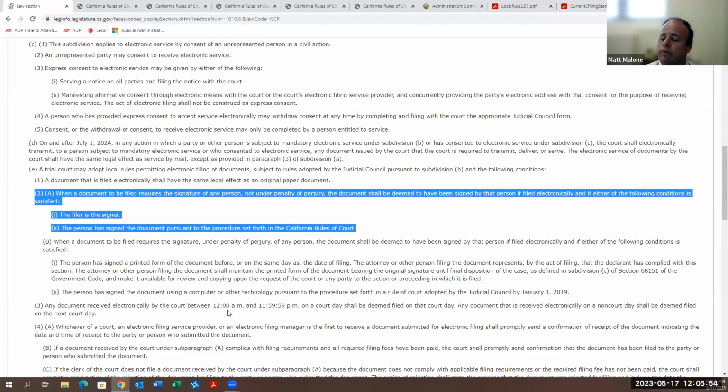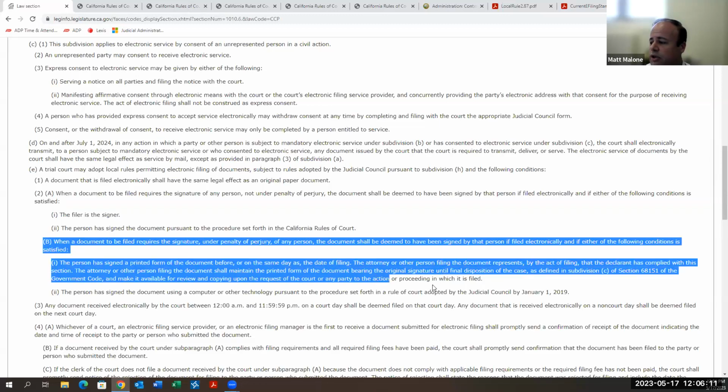We'll go through the rules of court, but essentially that's either an electronic signature of some kind that identifies the signer, or it's that the signer verifies that an original is on file and can be produced.